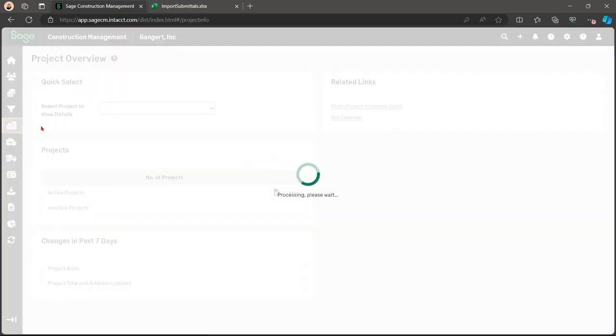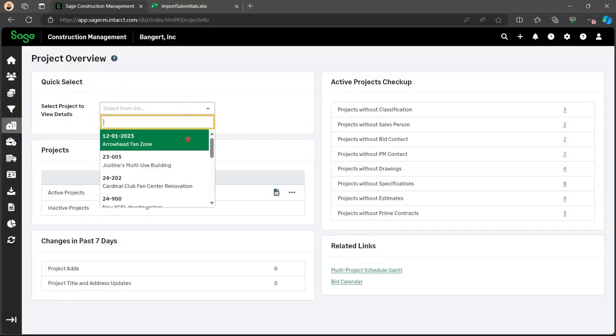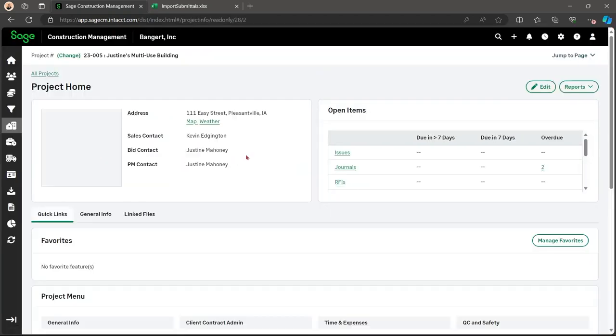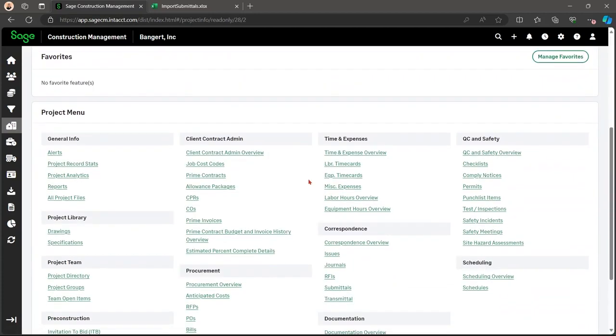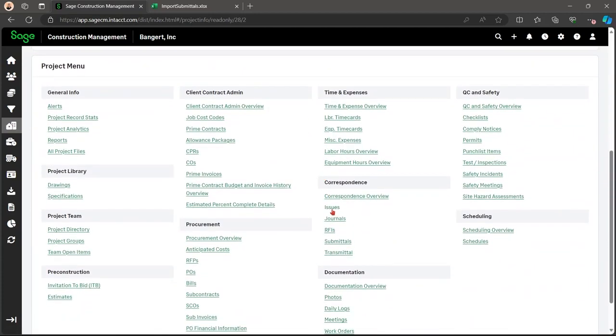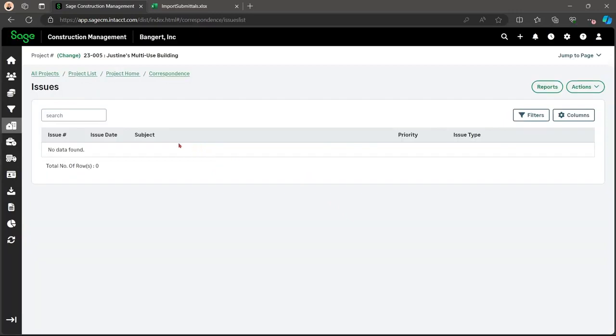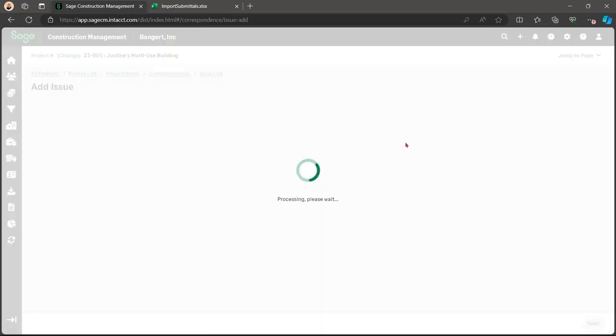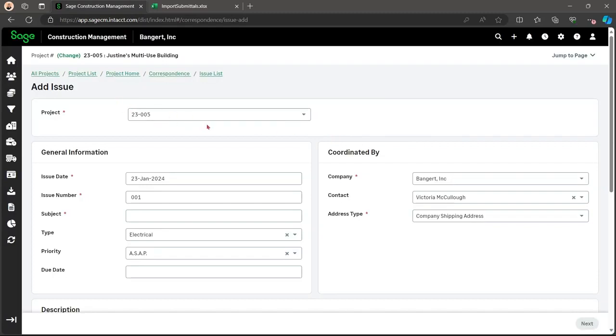So now that we are starting our issues, we're going to go to projects, select the project that you need to submit an issue for, go into correspondence and issues. Here, we're going to go actions, then add manually. The project number is put in for you, the issue date, issue number. You need to put in your subject.